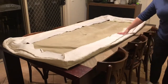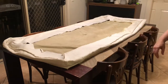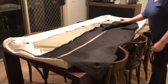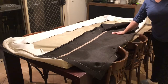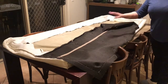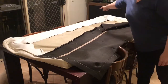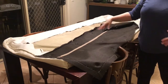Okay, so this is my cushion B. On this one, it doesn't actually have a zipper around the edge like the other one did. This one has a zipper that is through the center of the backing. But what I'm going to do is unpick this zipper out of the backing, make my new piece of backing, and then insert this zipper into the corner and around the back. You're not going to see it anyway,